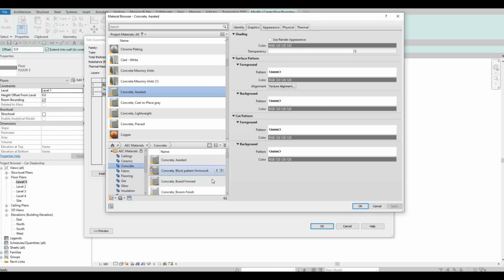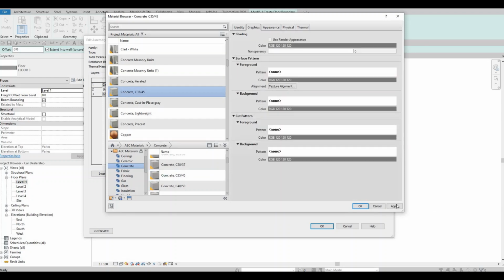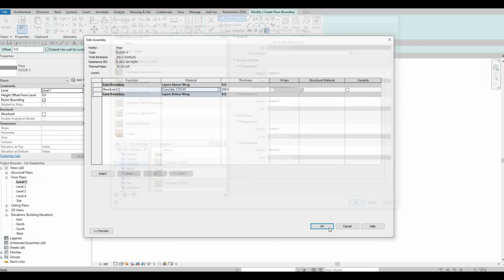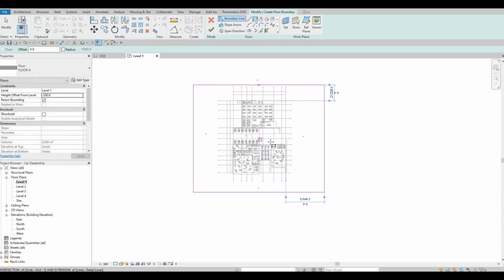So I'm just gonna use one of this. I'm gonna pull it up and then click apply and then OK. And then I'm gonna use my rectangle, but we're going to offset this to 200, so negative 200, because we just want it to be below all of this in level 1, so it's not overlapping. Negative 200 because the thickness of our